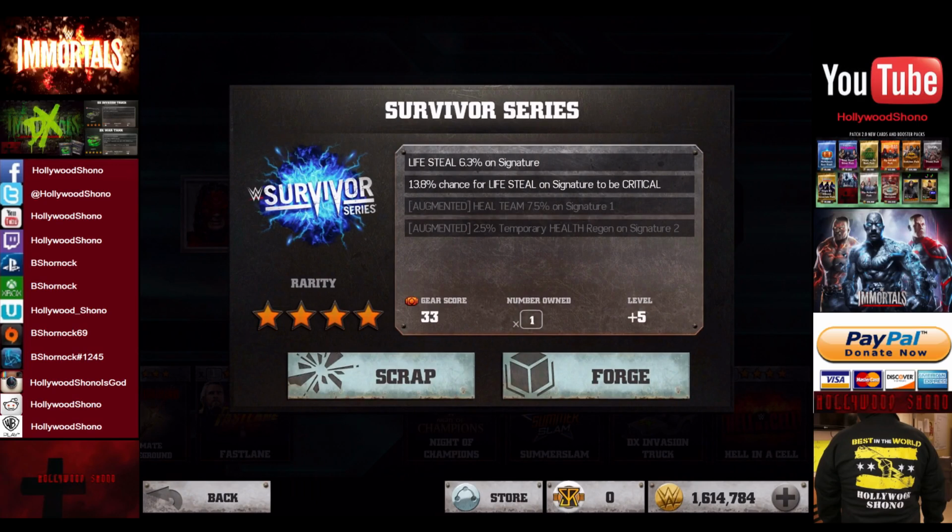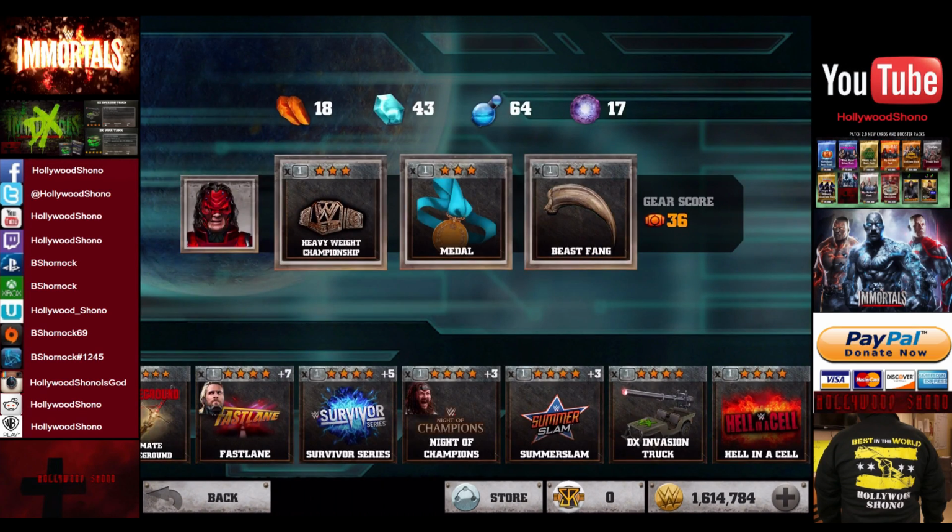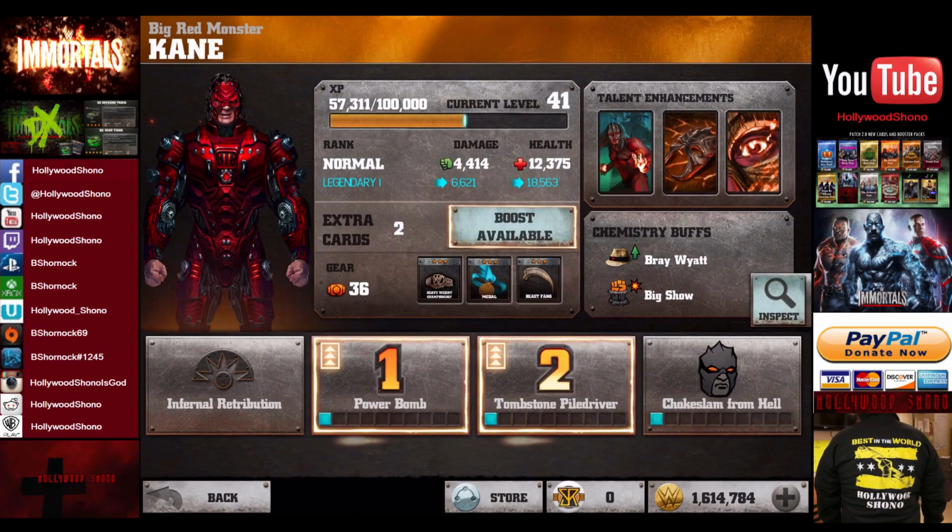And the other alternate gear I recommend is the Lifesteal on Signature, which can work even on blocked attacks, but you also get the heal team as well. Now, obviously, you want the heal team on somebody like Kane because you want to preserve your Big Show. So having this gear on Kane would be optimal, so you'd probably want to take off either the Beast Fang